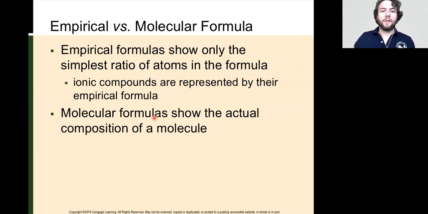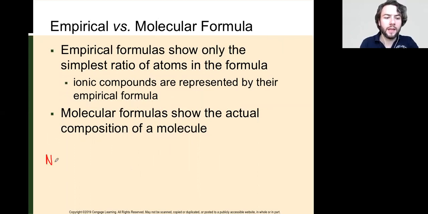Empirical versus molecular formula. So empirical formulas show only the simplest ratio of atoms in the formula. Ionic compounds are represented by their empirical formula. Molecular formulas show the actual composition of a molecule. So what does this mean? So for example, we have